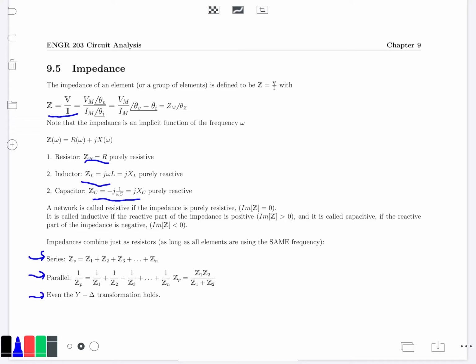On the other hand, if you never learned chapters 3 and 4 well, then you're going to have even more trouble right now on this. So if you need to brush up on mesh current, node voltage, Thevenin, source transformation, any of that stuff, you're probably going to want to review because you're going to need it for chapters 9 and 10. Okay, so